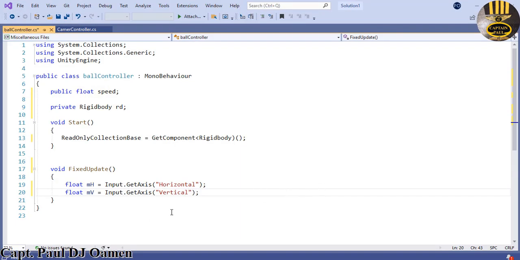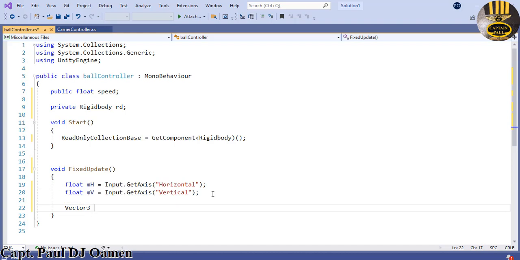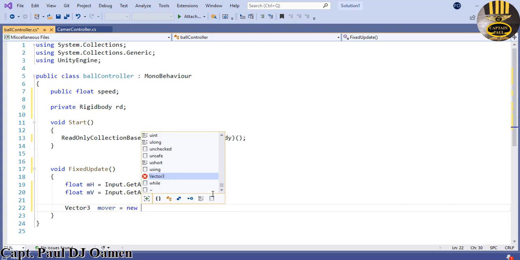Okay, now we want to add force to it, but to be able to add force to it, I'm going to use Vector3. So let's say Vector3, and let's give the vector a name. I'm going to call it mover, so mover equals new Vector3,